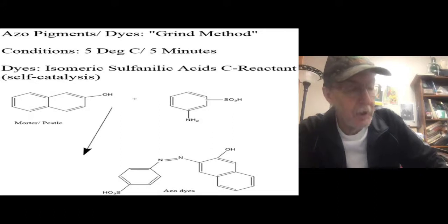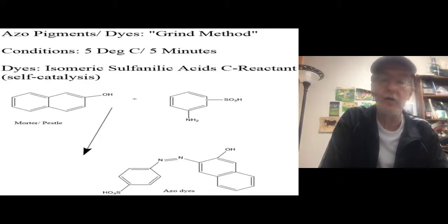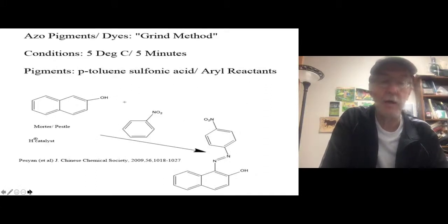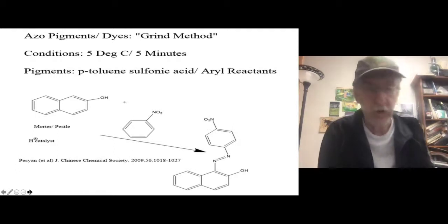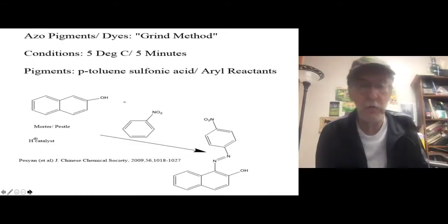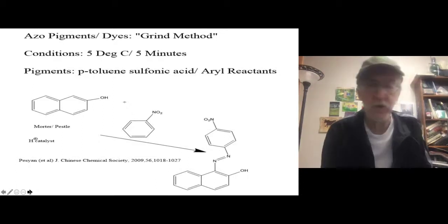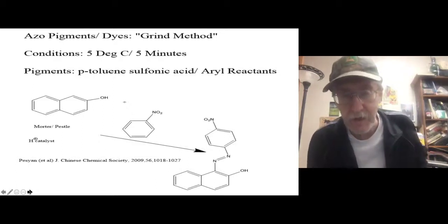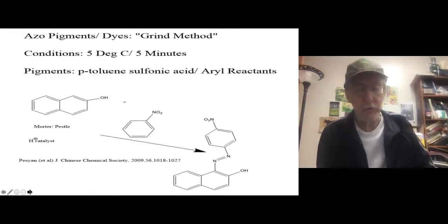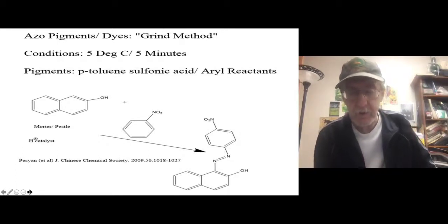It's reproducible. And in the next slide, we're finding that you can make pigments this way. And in this case, once again, I'm showing beta-naphthol. You need an acid catalyst, para-toluenesulfonic acid, and react that with an aniline of choice. And of course, I left out the amino group in the para position, but it's para-nitroaniline. Forgive me for that. Azo coupling occurs. In this case, you get a pigment because you don't have